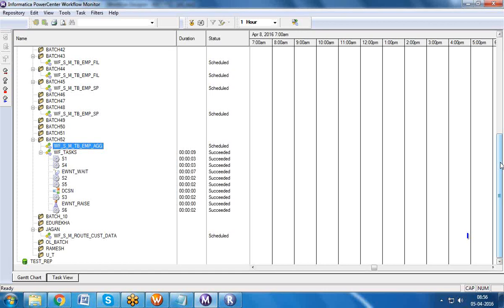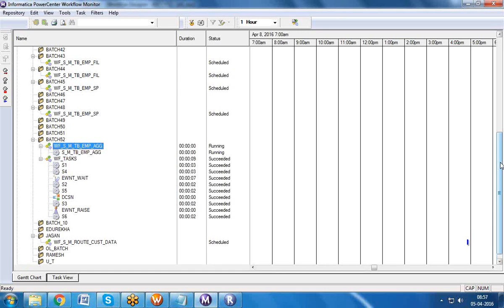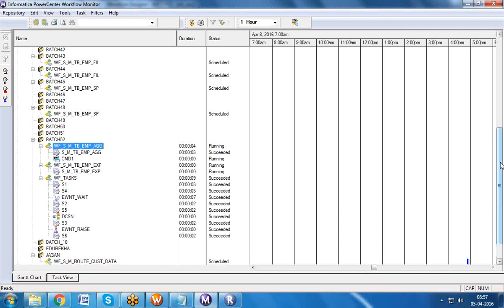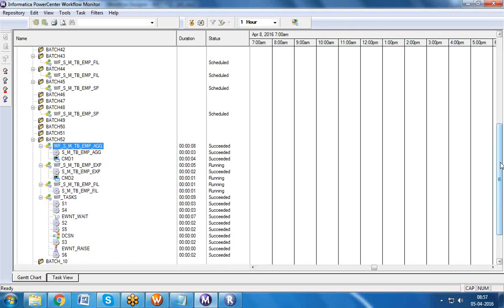Today we discussed interesting topics: batch, sequential batch, parallel batch, configuring dependencies on the sessions, and we discussed the tasks, right? These are all the topics we covered. See, after completion of one workflow, automatically the second workflow is getting triggered. Okay, this is all about command task, guys. You can execute batch scripts and unit scripts also. I just showed you one batch script. Okay, so that's for the day.